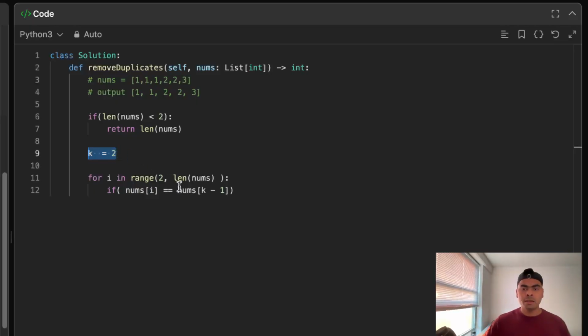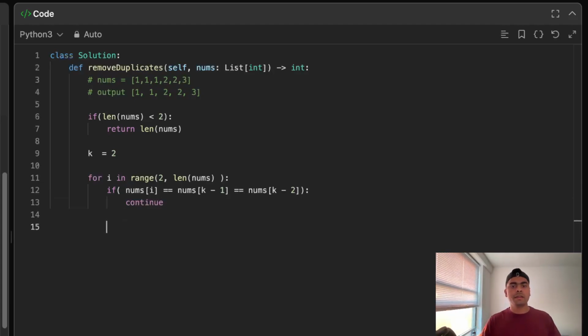So now they will be pointing to different values, but we still want to check if my ith value is equal to nums k minus 1, and that is equal to nums k minus 2. If this is the case, we want to not increment, we want to just continue, because the loop will increment it for us. Otherwise what we will do is nums